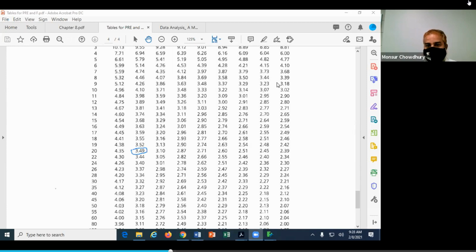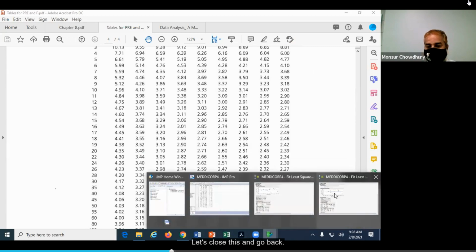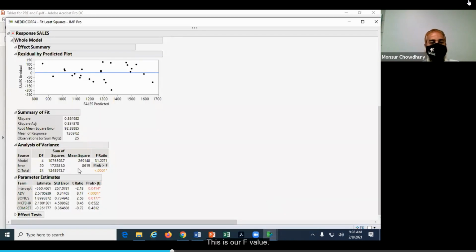Okay, so let's close this and go back. This is our F value. Your question was why we cannot take this one. What I said is that in this case, F is the overall test.